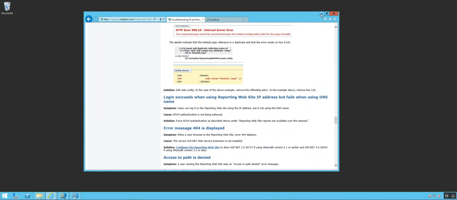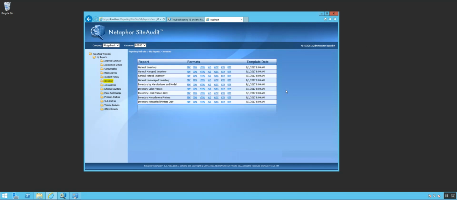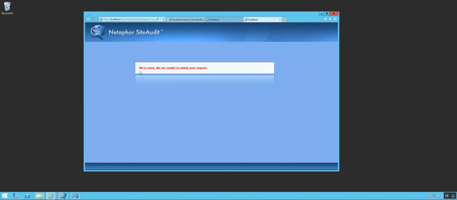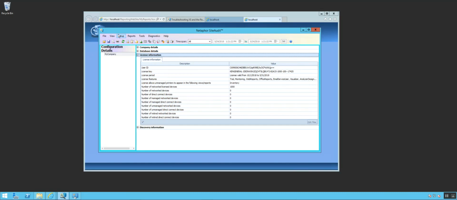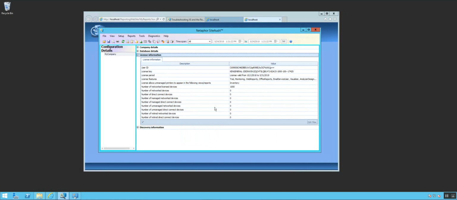So let's just see how we're doing. So this is our reporting website. I'm just going to run a report to see if it comes up. I'll do an HTML report. And as I can see, it says, we're sorry, we are unable to satisfy your request. Now, this typically happens based on how you are configured to log in to the SQL server. And as we've seen here, we're logged in using SQL authentication. So what we have to do is go into IIS,